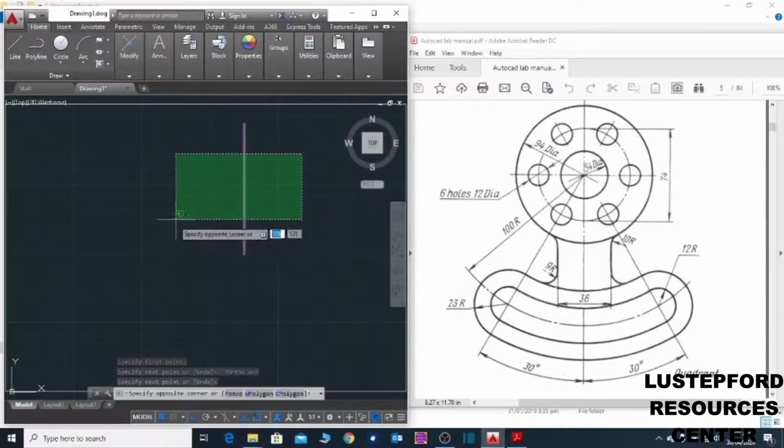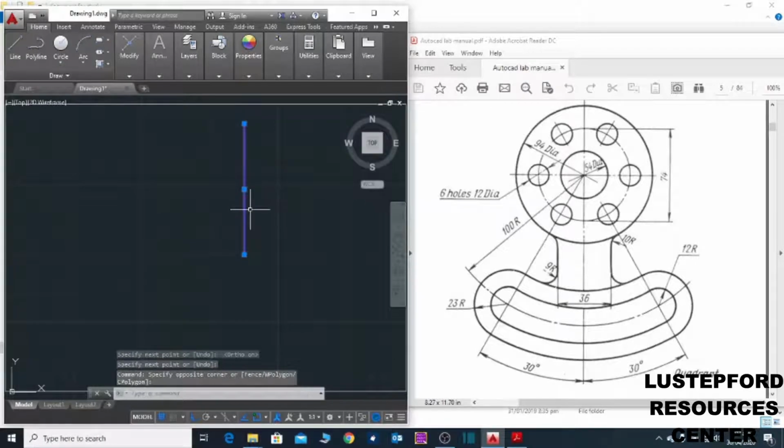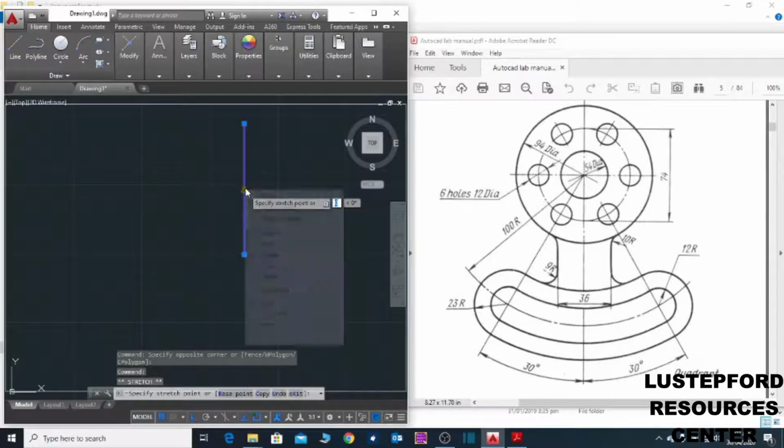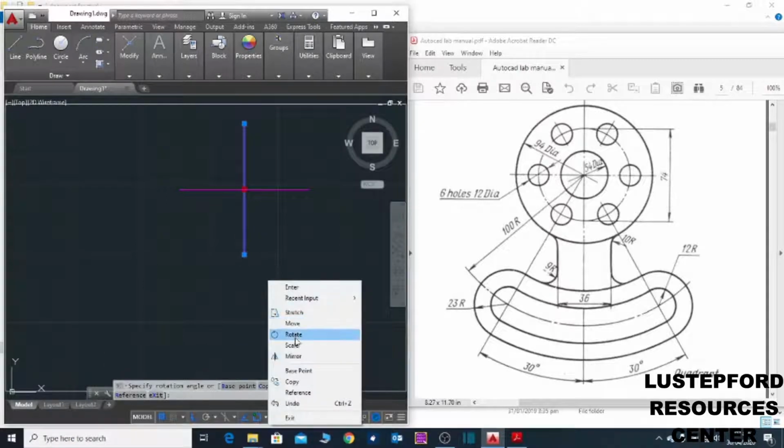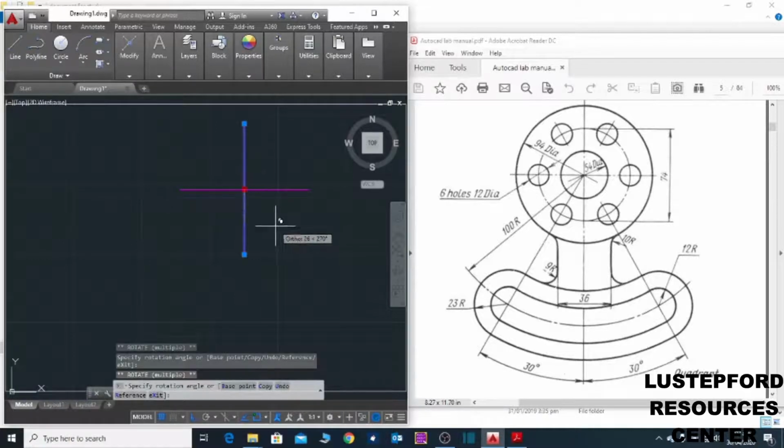What I'll also do to create another vertical line, I will select this, select the middle grip, right click, select rotate, and then right click again, select copy, and then right click, select specify angle.